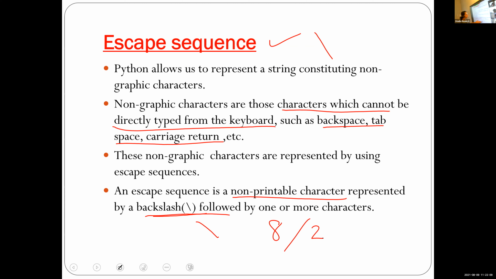Just opposite to that division operator, it is backslash. Okay, is it clear? I will give some examples.